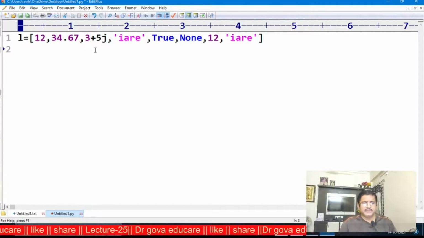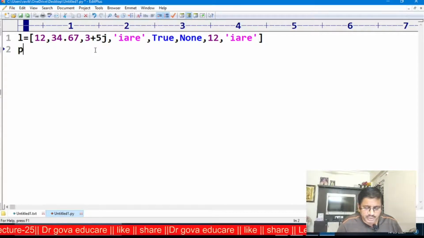This is the list. First I want to display the list using the print function.